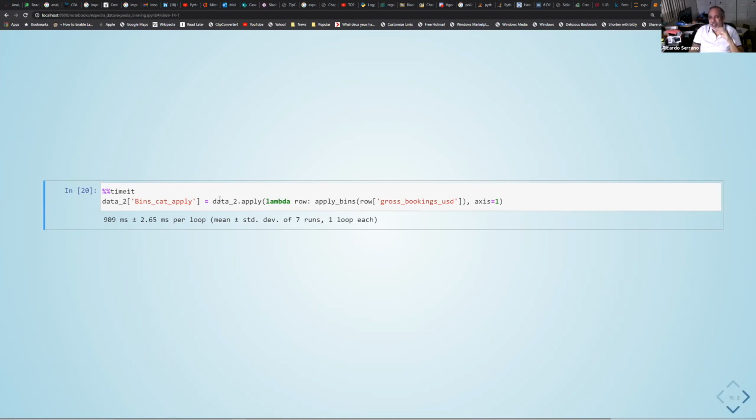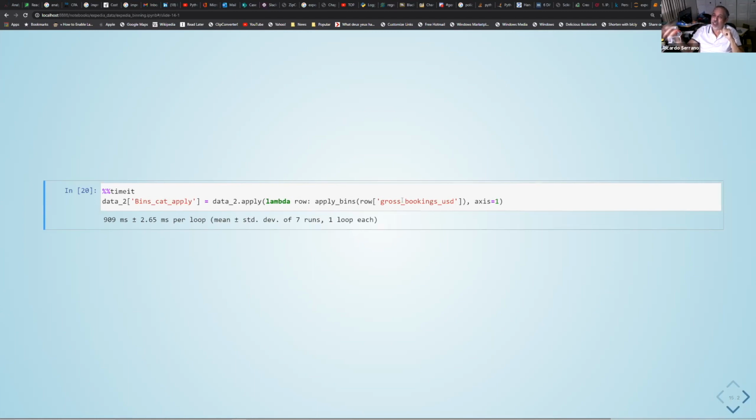Here we're going to use the pandas syntax with the data frame function apply. We're going to use the lambda function for the row, because we're going to apply this function to the row, and then we're going to apply bins and use the row for the gross bookings USD.